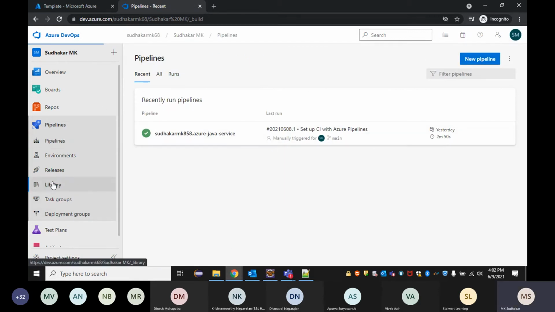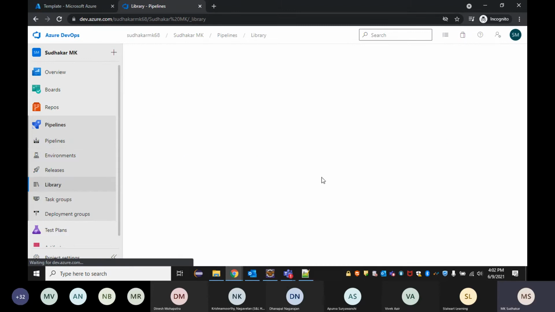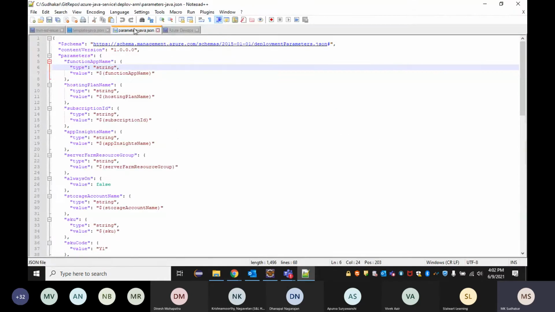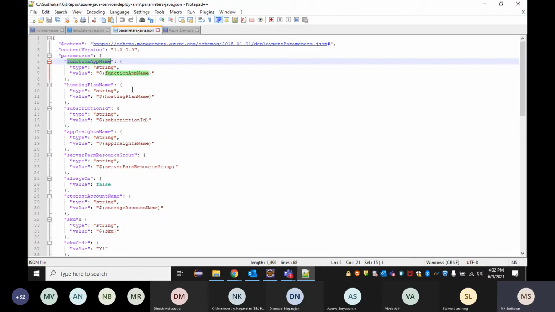a step and get into the library, right? Before we get into the CD releases, we need to talk about the library, because we have to parameterize, right? So let me go back and show this parameterization template, where a few of the parameters should be coming. The naming and the variables should be coming from the DevOps, right? So from the job, what all are they?